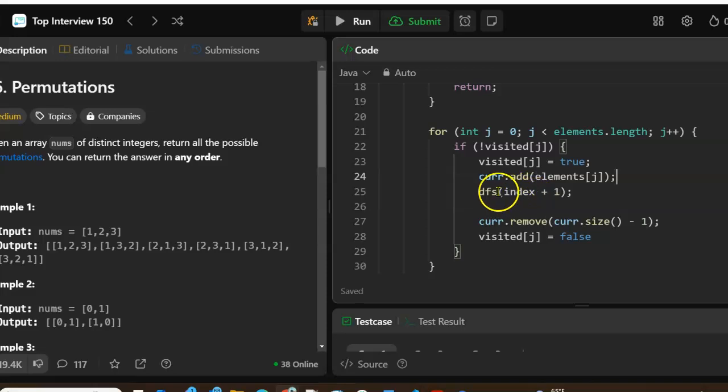So we come out of here, the DFS 3, remove the last element that was added. So now we're back to 1, 2, and we set visited at index 2, which is the number 3, to false. It's not visited anymore. All right? That actually ends the call to DFS 2. So we fall through that,